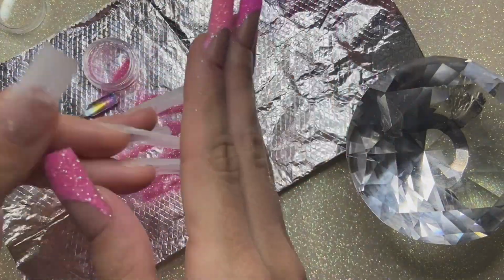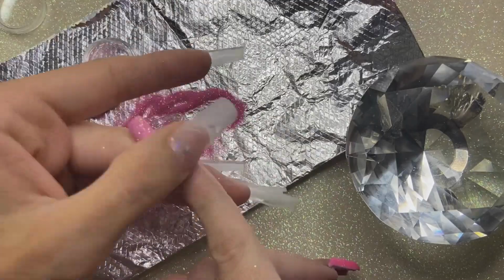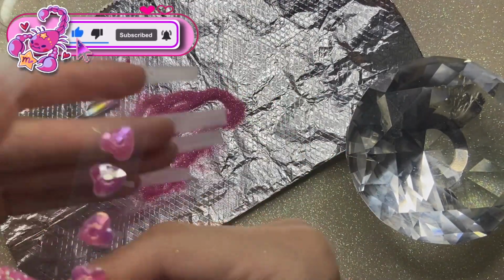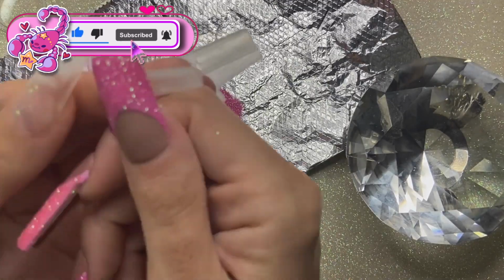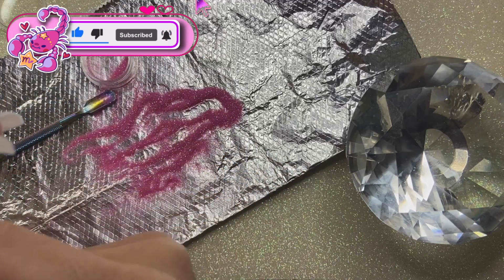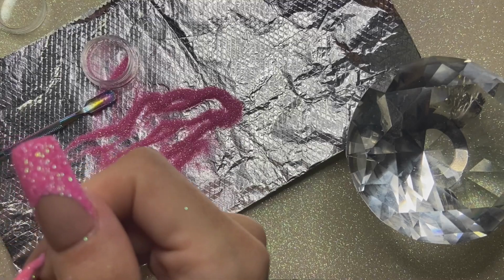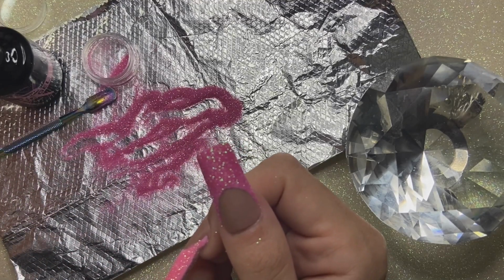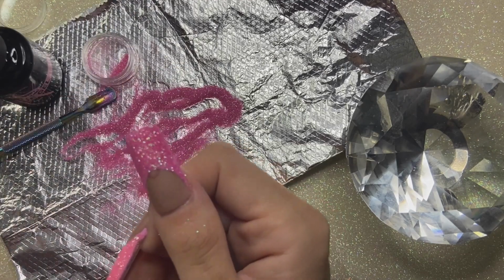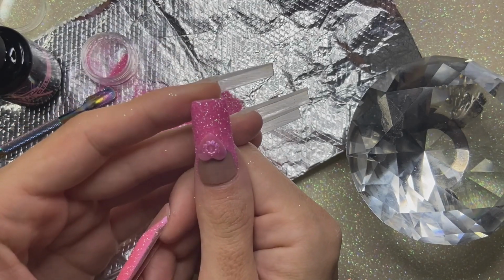So I really love how this turned out. Originally, I planned to do them all the same color pink, but then I realized that it would never work because that would be a lot of glitter that I would need. So I just went ahead and did all the fingers a different color, and I'm trying out these little dollar store decals, which I love. They're so cute. I saw them, and I was like, I could totally put these on some nails. So they inspired this set, to be honest. I really just wanted to create a set that I could use them on, and at first I was just going to use the